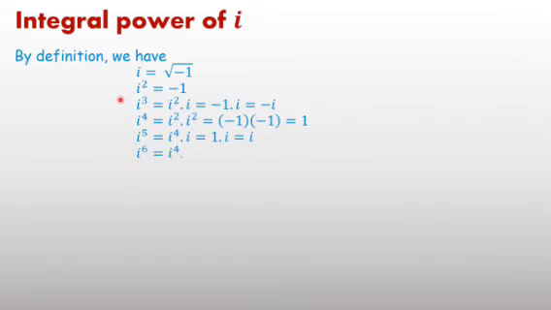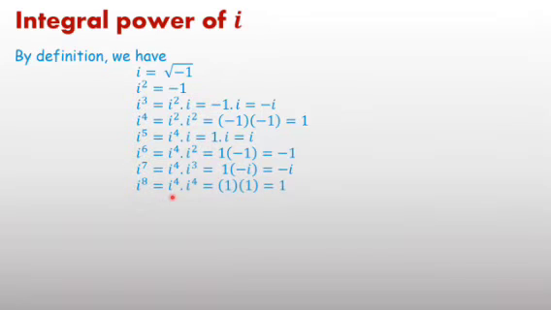Then i power 6. i power 6 we can write as i power 4 into i power 2, equal to minus 1. It implies i power 6 is the same as i square. Similarly, i power 7 if you solve, it is the same as i cube, which is minus i. i power 8 equal to i power 4 into i power 4 equal to 1. It implies if anyone asks to find the value of i power 9, it means again we start from i. It implies i power 4k if written.